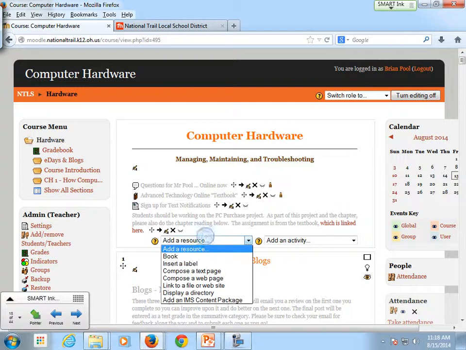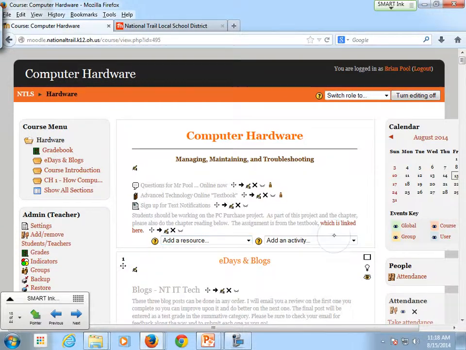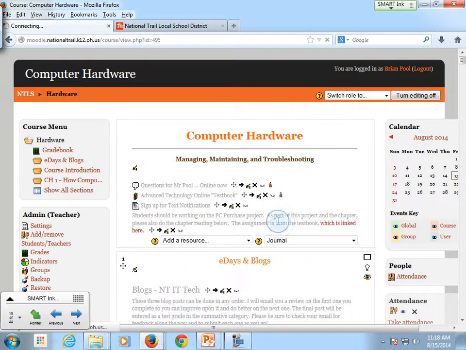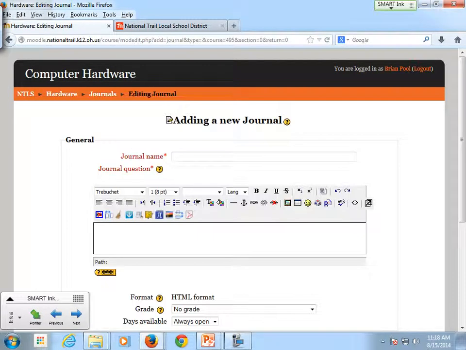It's pretty easy. If it's a resource, it's something to see. And if it's an activity, it's something for them to do. And you can kind of play with it. Anytime you go to one, if I say I want to do, let's see, like a journal activity, if I go and say I want to journal, then all of them, if they're in red, it means that